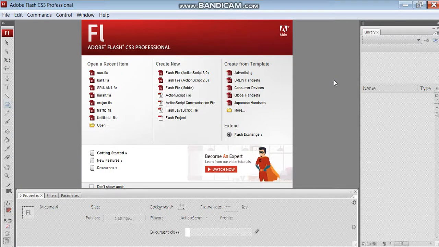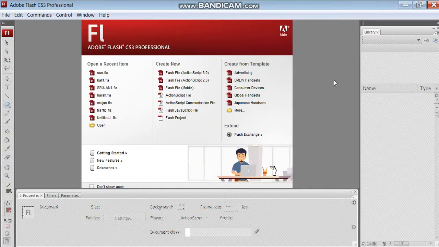Today we are going to continue with our lesson of Flash, that is the animation, and the lesson number is lesson number 9. Quickly, I am going to tell you what we are going to learn today. We are going to learn how to create symbols, and how to do shape tweening. What is shape tweening? Shape tweening is a type of morphing effect.